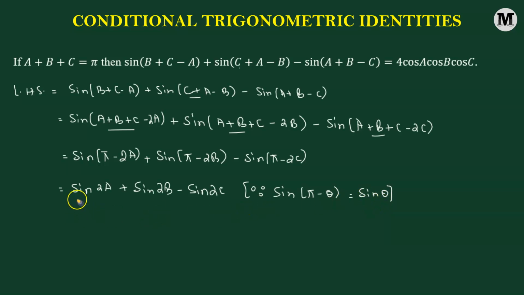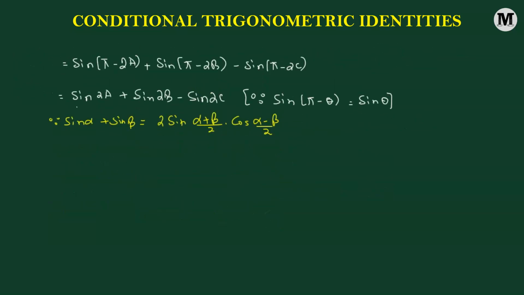Now we're going to add the first term and the second term. Here we have a formula: sine alpha added to sine beta is given by 2 times sine of the angle alpha plus beta over 2 multiplied by cosine of alpha minus beta over 2. So using this formula, sine of 2a added to sine of 2b gives us 2 times sine of the angle a plus b multiplied by cosine of the angle a minus b,